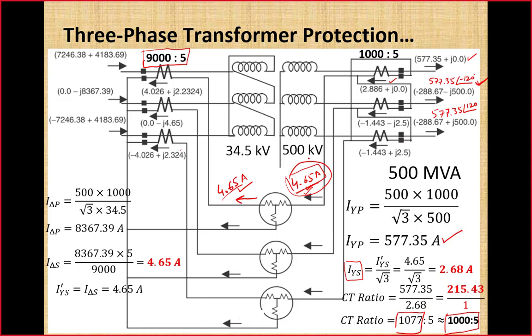Here is the labeling of that current corresponding to the CT ratio. The CT secondary current will be 2.886, and then the current which will come out of the delta connected CT secondaries will be 5 ampere. How did I calculate it? 577.35 divided by the CT ratio will give us this current which has been mentioned in the diagram, 2.886. When multiplied with root 3, that will become the line current, which is 5 ampere.